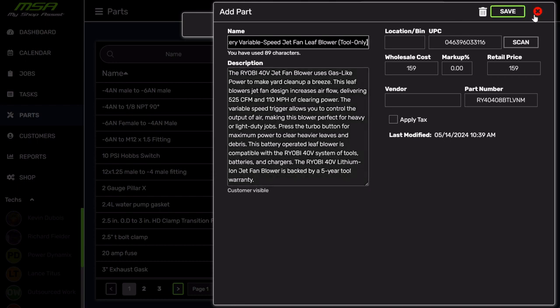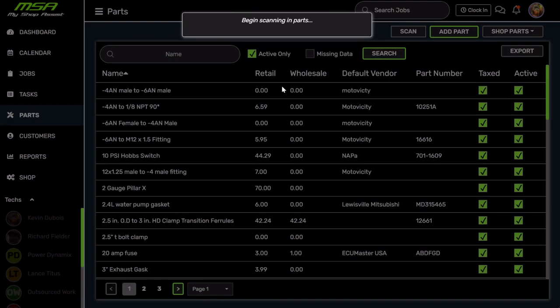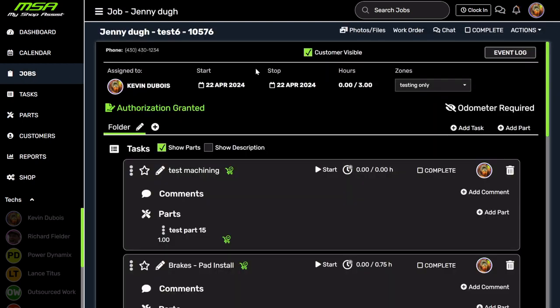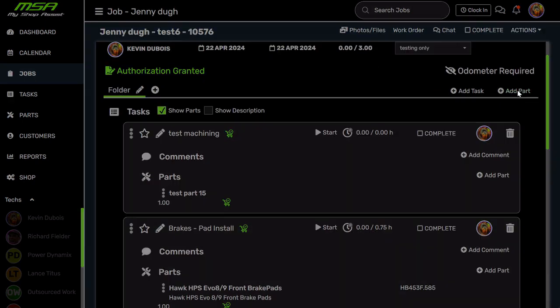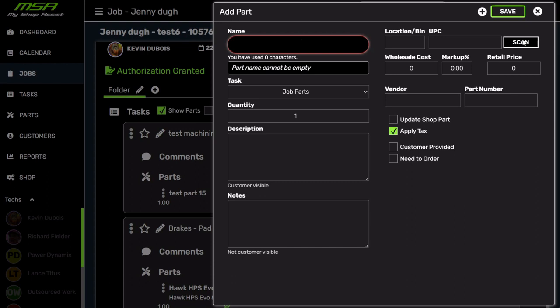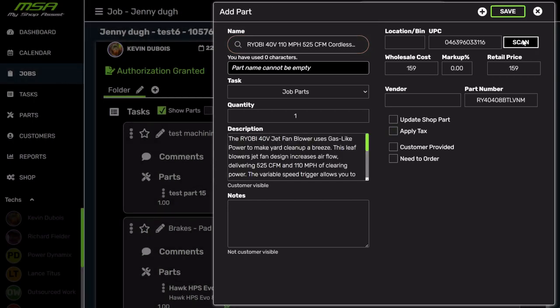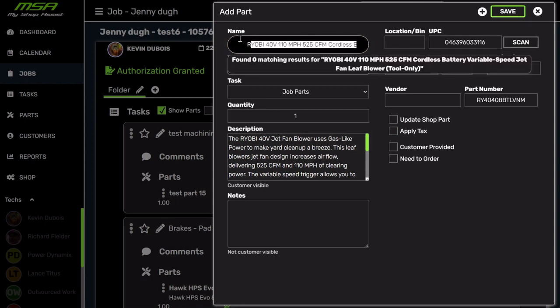Okay, so we also added this into the jobs now. If you go into a job, and we're just going to go into this test one here, add a part, there's a scan button here as well. So you can click the scan button, and you can scan this barcode, and it pulls up in the system here as well. And so you can go ahead and edit the description on this. So we could call this now, maybe it's not a Ryobi 40 volt, maybe this is just